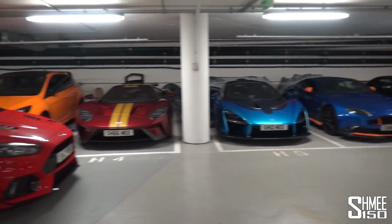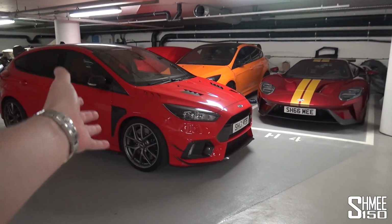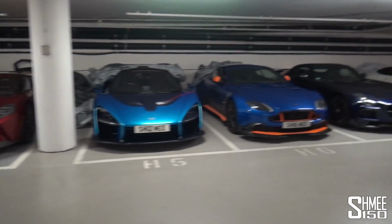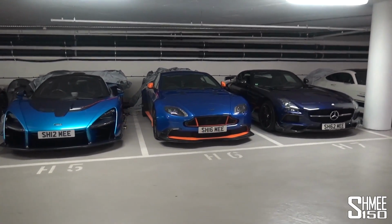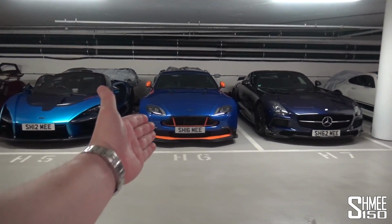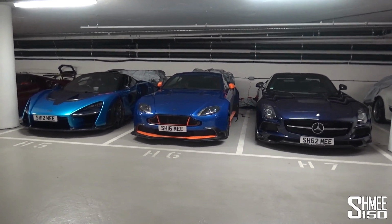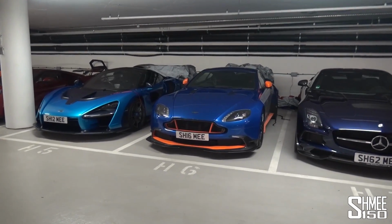Now we're back on their trickle chargers, but it means we've got the Red RS, which I will be taking home from here, the Heritage and the Ford GT all together at the moment. Then we've got the new take on the Blue Crew with the Senna, the GT8 and the SLS Black Series in Mystic Blue. 3 cars I consider permanent in the collection in their 3 different shades of blue, and some